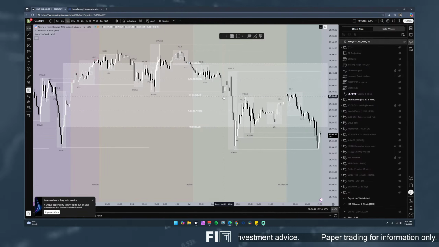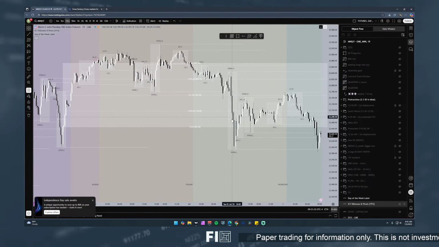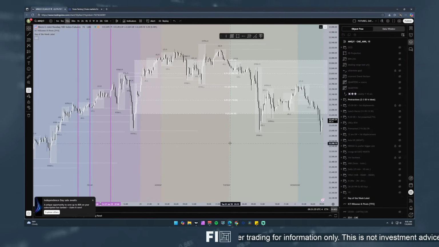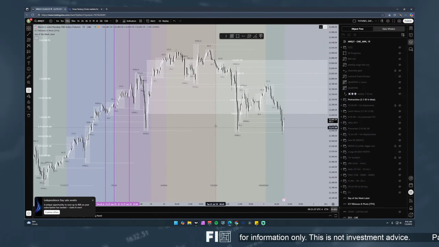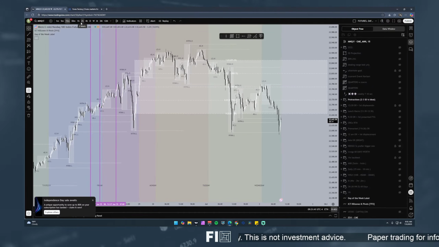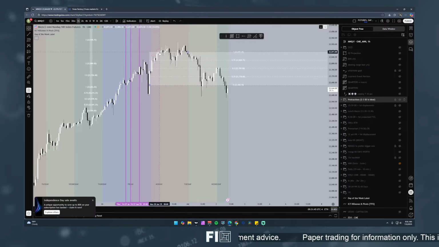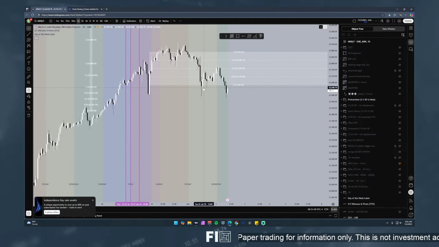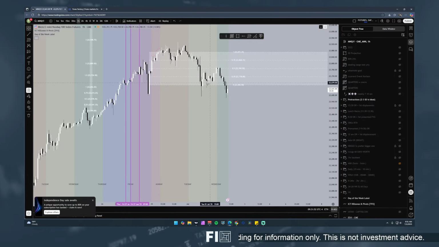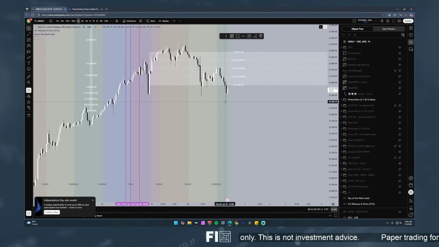So the internal range inefficiency levels, see how it's reacting off those? Wicking, eventually closing down below. So in a way we're kind of cooked, because now guess what? This is not being treated as a bullish array anymore. Premium opening means think of it like a long-term buy. Once we close below it, this now becomes a premium array. And look, we just dove back up to it here, and now we went lower.